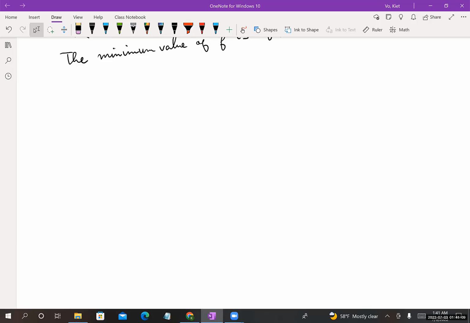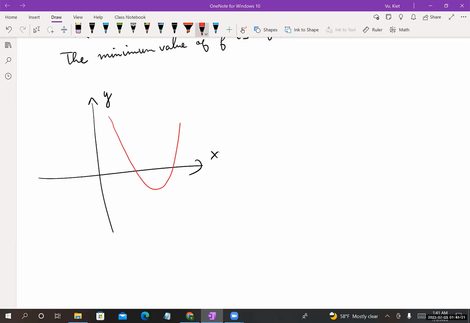So let's say this is x, this is y, and this is my function. Okay, if it opens up like this,